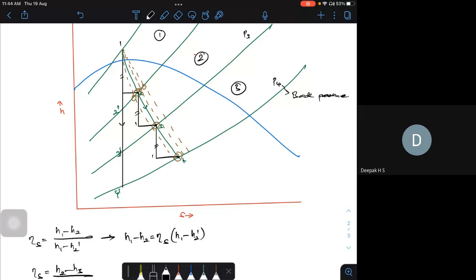This particular point is in conjunction with 3 dash. How will your isentropic stage have to drop if I have higher losses? How will that particular shift happen? The stage efficiency keeps decreasing, which was supposed to be 3 dash. If it goes to this particular point, the stage efficiency will decrease.